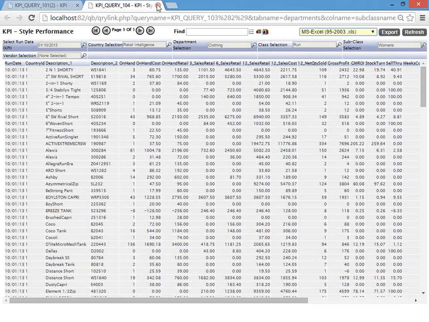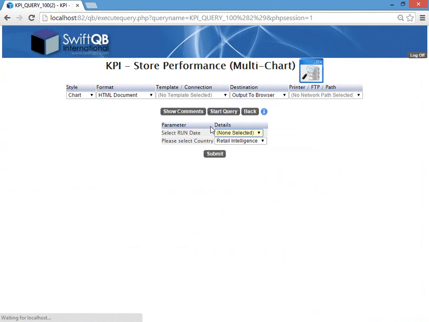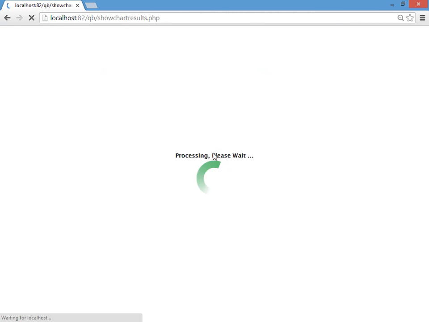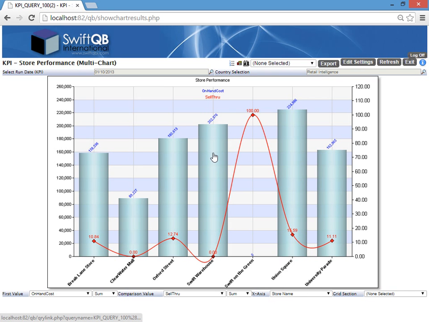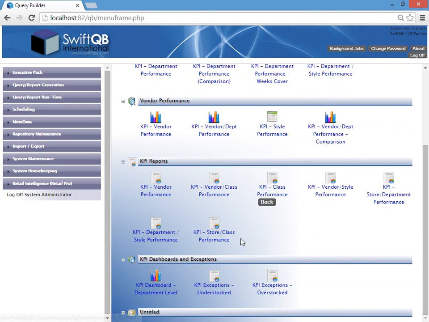We can then go back to the main screen and we can analyze data, as I said before, at any level of the hierarchy. That's at store level, which we've briefly covered, and from an individual store I can then analyze the DCS structure within that. Not only is it at drill through level, but we also have the overstocked and understocked exceptions and the ability to apply any exceptions against any of these metrics. So a user and a retailer can very quickly identify, again, those products that are working well for them